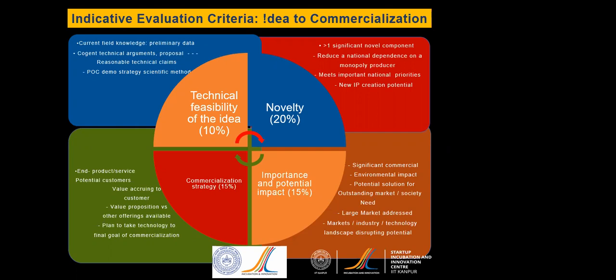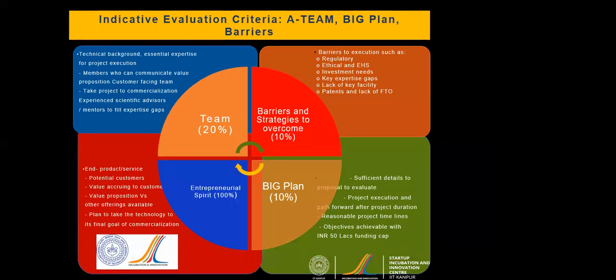So understanding that window of opportunity which is there, and accordingly looking at things is very important. So that commercialization strategy, one really should understand. And ultimately, what's the value proposition? Put yourself in the shoes of your customer. Why should they take money out of their pocket to buy the product or service that you're offering? That's extraordinarily important. So more than the idea, it's the team which executes that idea, which is more important